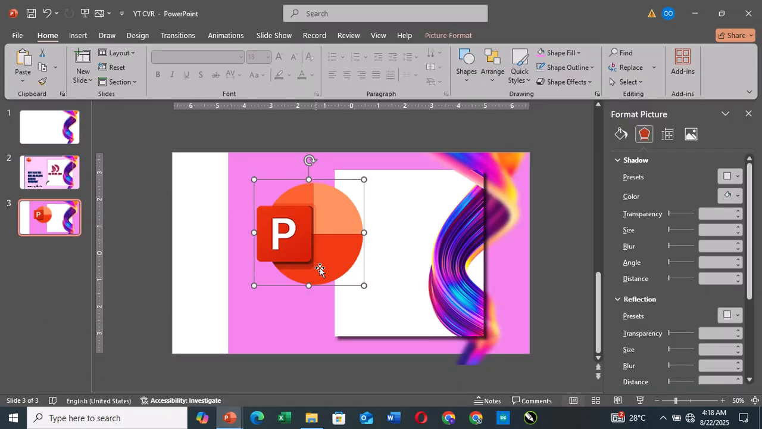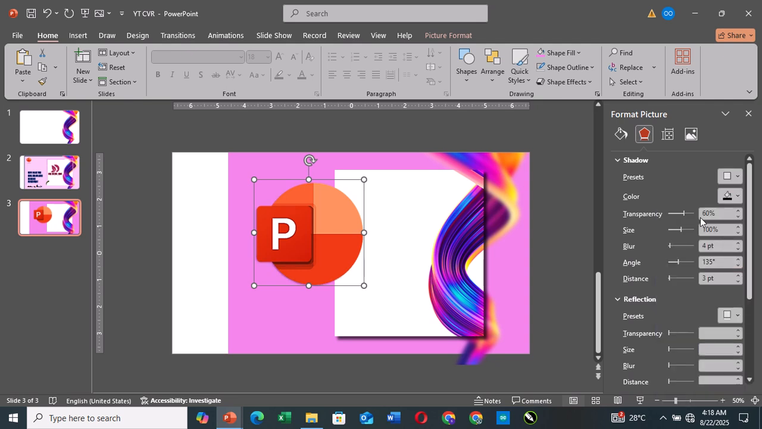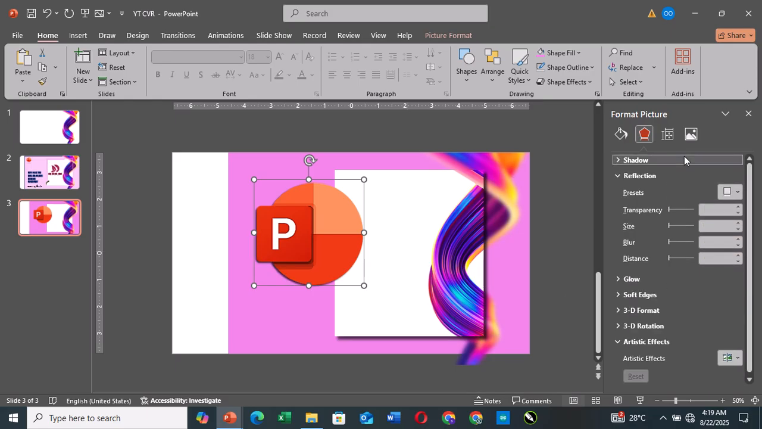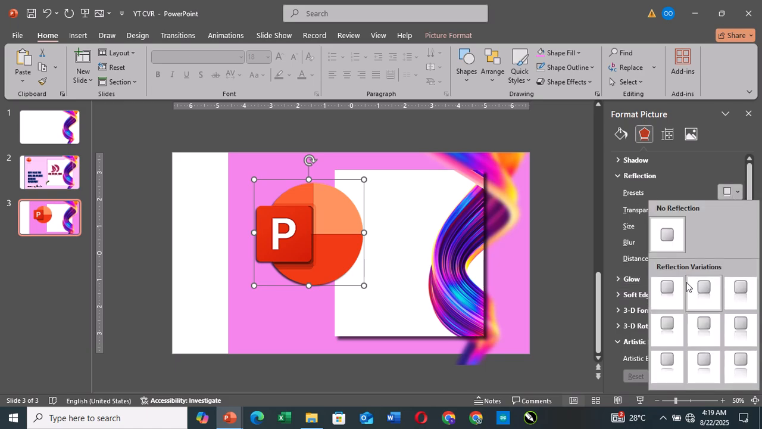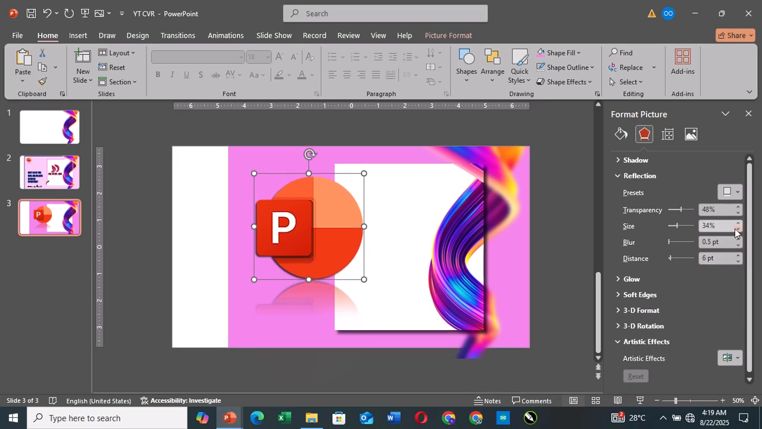So let's continue here. I gave this a perfect shadow. Let's hurry up with this and reduce the transparency a little bit, increase the blurriness and the distance. I gave it a reflection, a perfect reflection. Kind of increase the distance by 1, reduce the size, reduce the transparency a little bit,